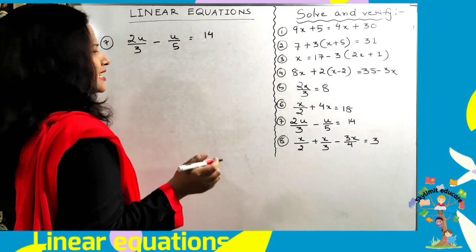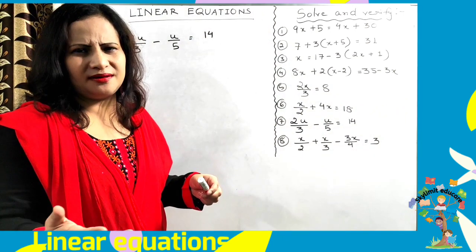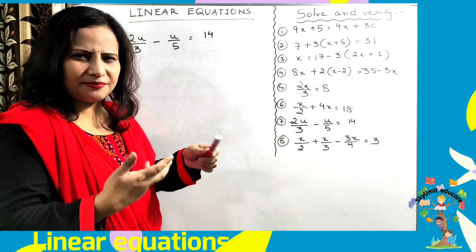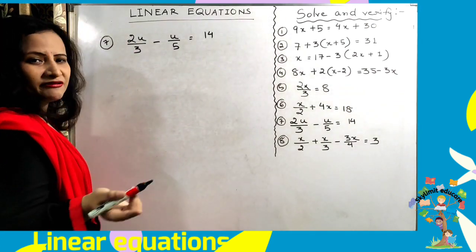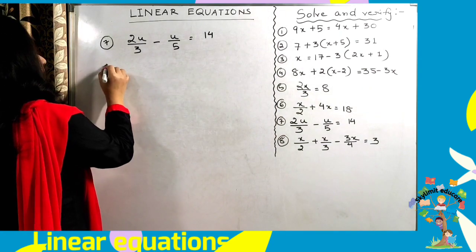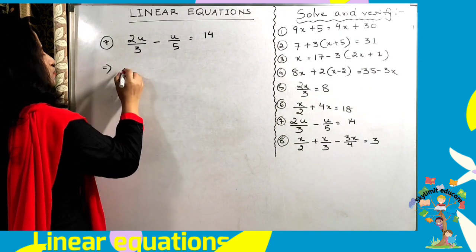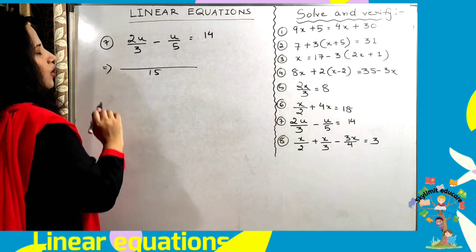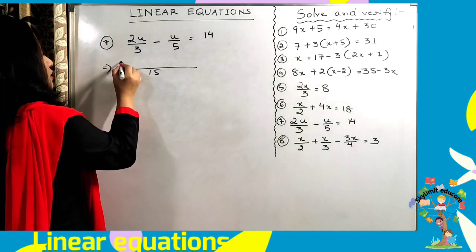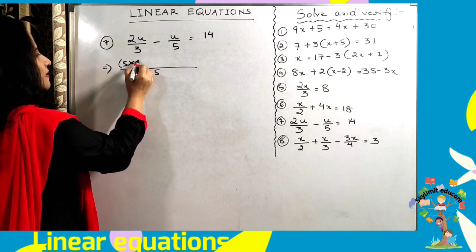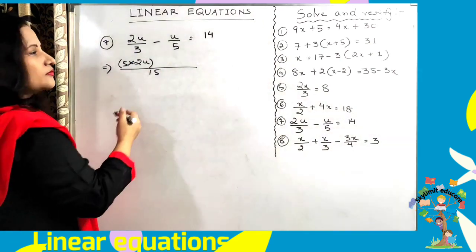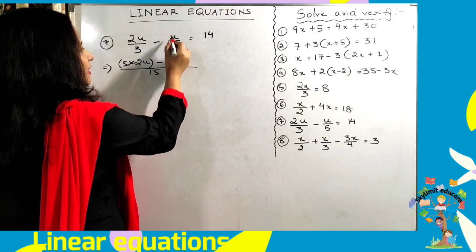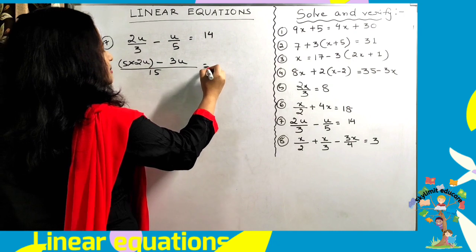See, whatever method is applicable to you, you can solve in that particular method. So for this one I will show the same LCM method but in a different way. Just see it, how you are solving fractions, just like that. 3, and now what is the LCM of these two? It's 15. So now 3 multiplied by what will give me 15? 5. So I will multiply 5 with the numerator, 2u, minus 5 multiplied by 3 will give me 15, so I will multiply 3 with u. So I will get here 3u, that is equal to what?